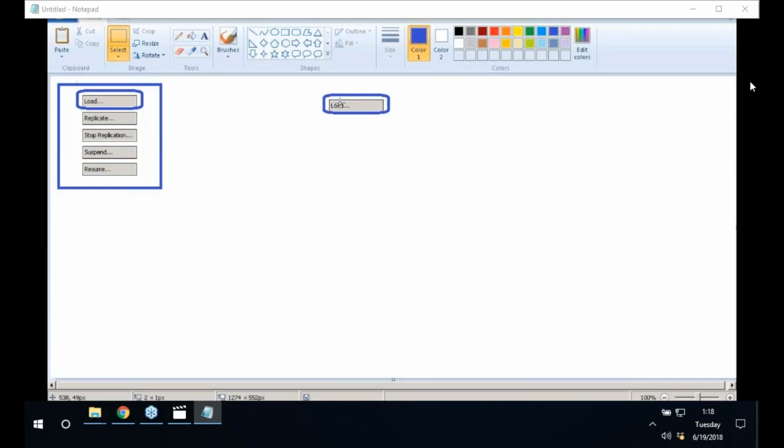So whenever you have non-frequently changing data scenarios, then we can go for load. Load is exactly the opposite of replicate. So what is the difference between load and replicate? Load is for non-frequently changing data scenarios. Now replicate